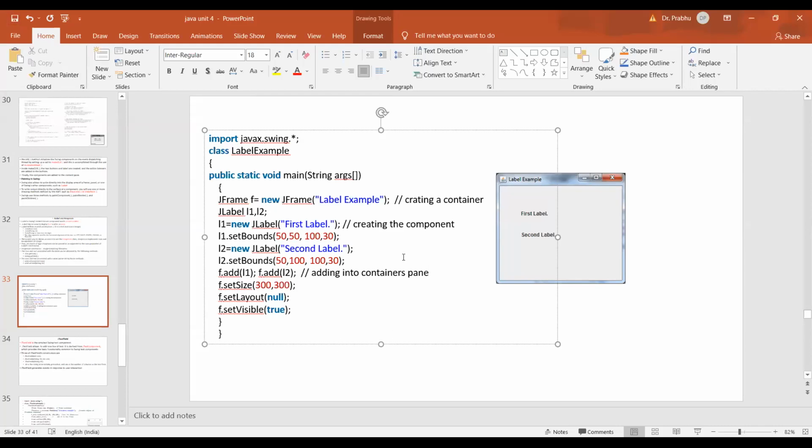Now what we'll do is try to execute this label program. Let me create an example.